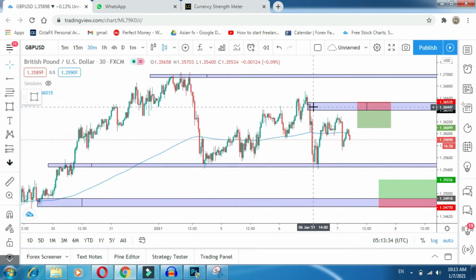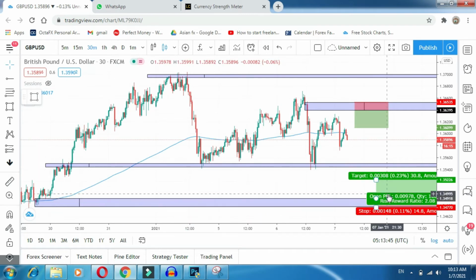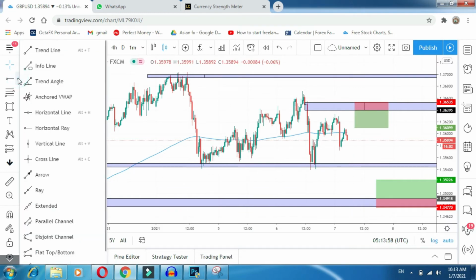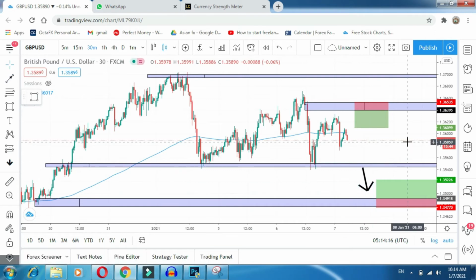Okay, so this is the supply area on the M30 time frame. You can sell from here with 1-2 risk reward, and if you are looking for a buy trade, you can see this is our demand area. You can buy from this demand area with 1-2 risk reward, and this is our support level which we drew in yesterday's video. So if market comes down from this area, you can also sell from here with 1-2 risk reward on a breakout trade. Okay, so right now we are going to do some fresh live analysis for gold, and I will also give you the trading plan for today on gold.